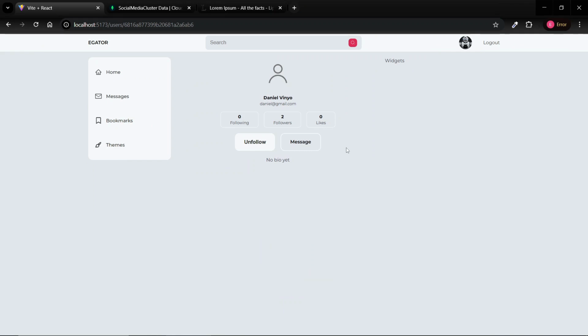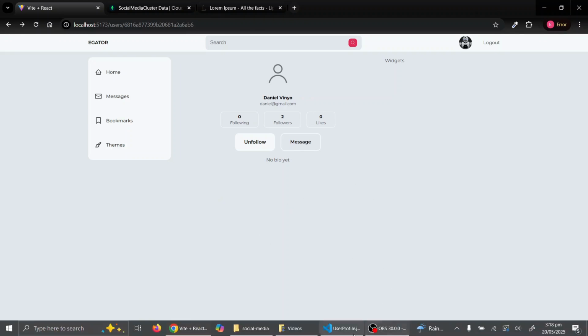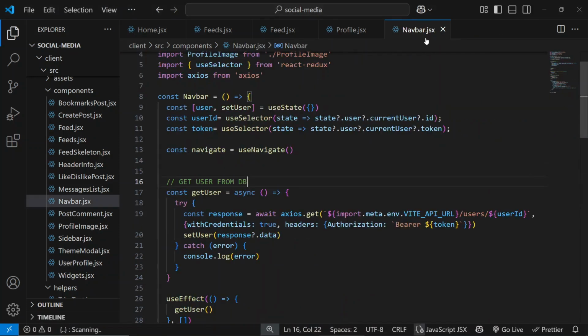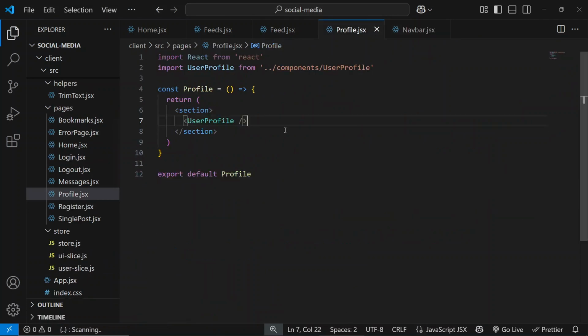All right, now of course if we click the message, it brings us to the messages page where we are going to have the chat system later on. But then let's go ahead and finish up with the profile. So we want to be able to fetch the user posts as well. Okay, and so let's go. I think we are completely done here with the user profile component. So let's come back here in the profile,